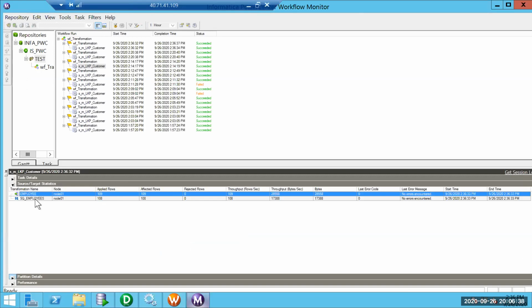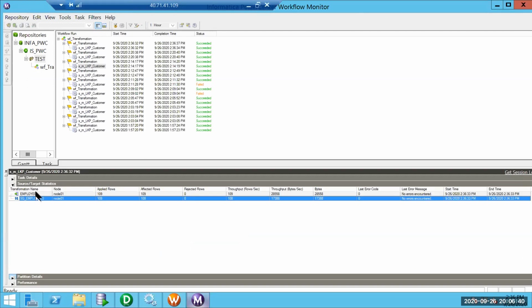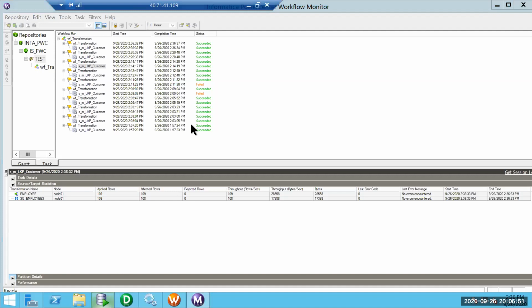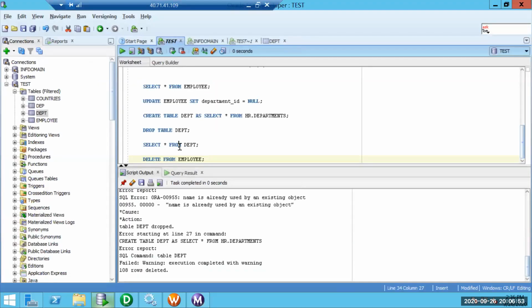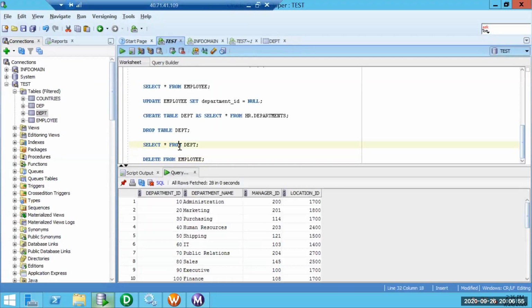Perfect. It read 108 records, but loaded 109. Why that one extra record? Because the lookup is active. The lookup returned one additional record, because department 10 has multiple records. Department 10 has two entries. Now when we see the department table, we have two records for 10.